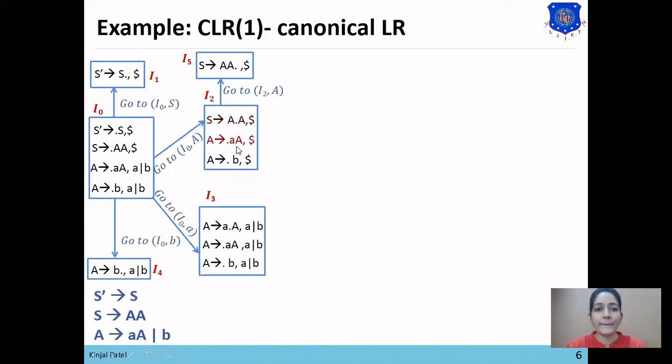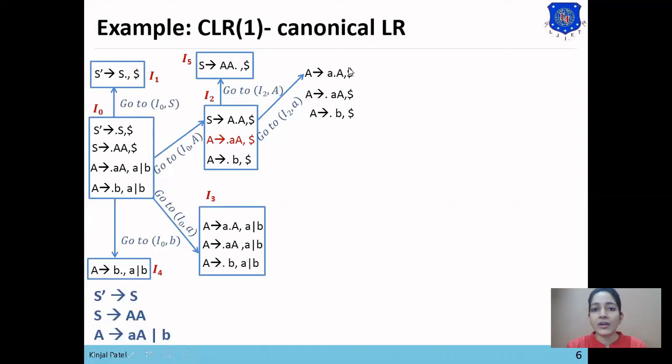Now we'll apply the go to rule on the second statement on the symbol A, which is next to the dot. So go to I2 comma A will be A derives A dot A comma dollar. Now here dot is present at the beginning of non-terminal A, so we'll add the productions of A: A derives dot A and A derives dot B. Between A and comma there is no term, that means beta is null.